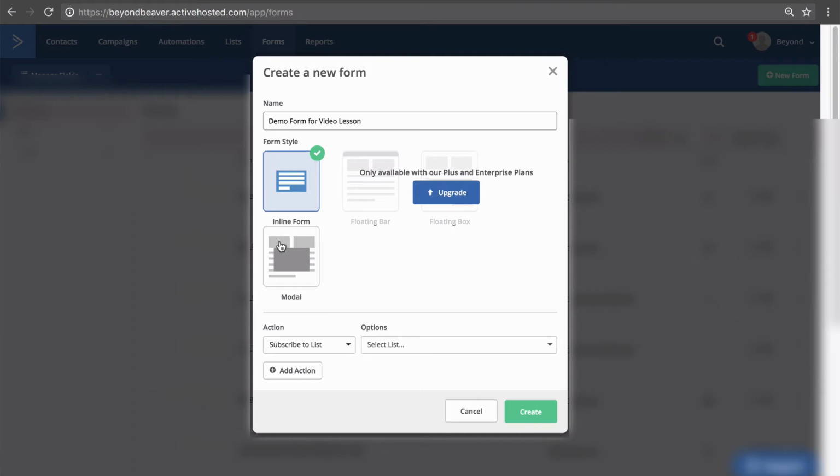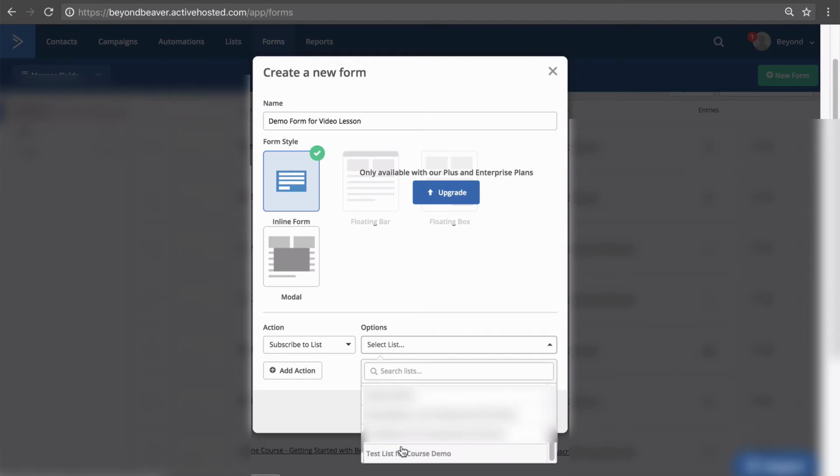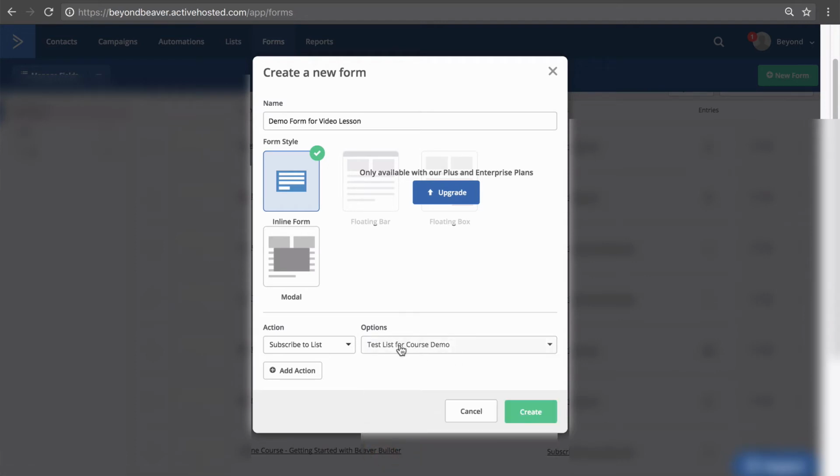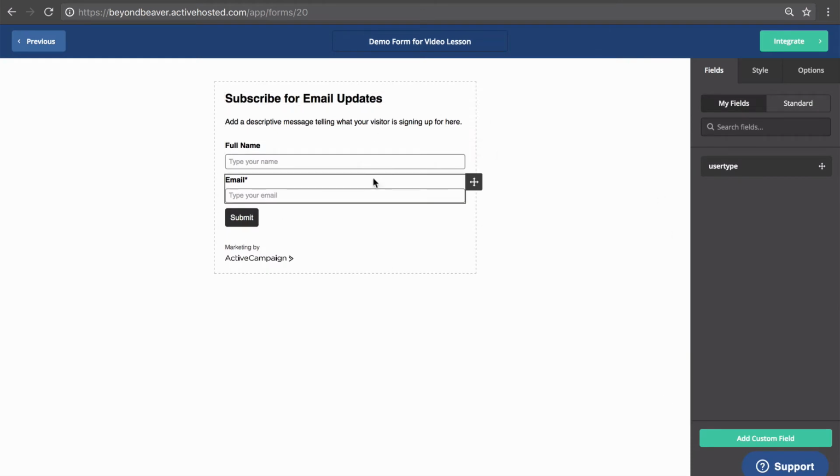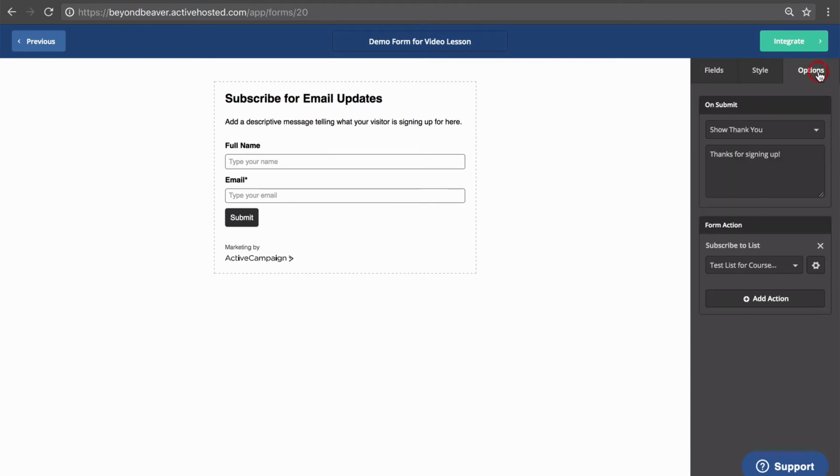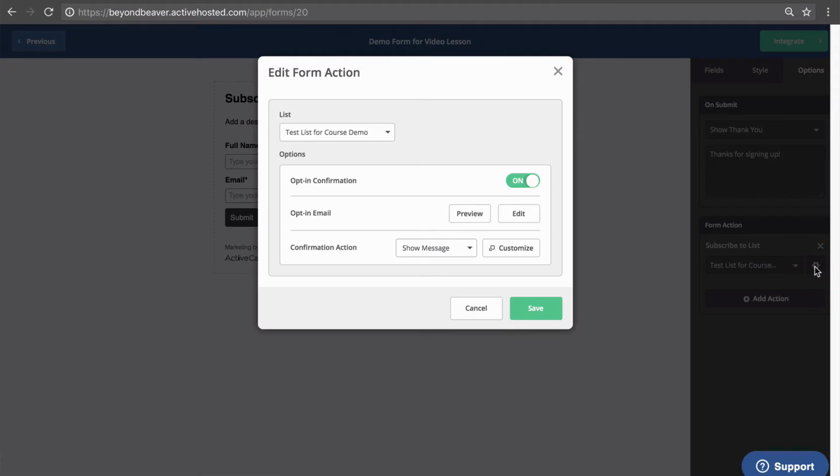Now, when somebody fills out this form, we want to subscribe them to our new list, which was test list for course demo, and we click create. So there's our form. Now, again, we don't need to worry about that because we're doing it using Beaver Builder, but there are a couple of things that we want to change. So if we click on options and form action, if we click this little gear icon,